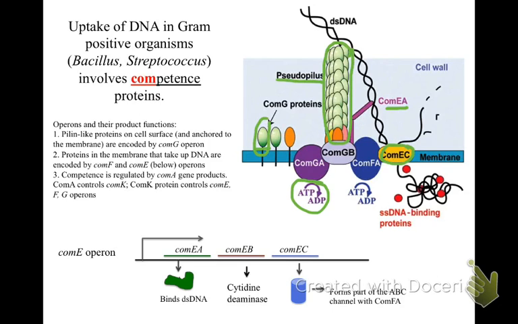I just want to point out that many of these components that are involved in competence, and by the way, they're typically called Com for competence, there are a number of operons that encode different components. So the comE operon, for example, is comprised of 3 different genes. One is for ComEA, the protein that binds the double-stranded DNA. We don't need to pay too much attention to ComEB here, but the other one that I've already mentioned to you is ComEC, which forms this channel